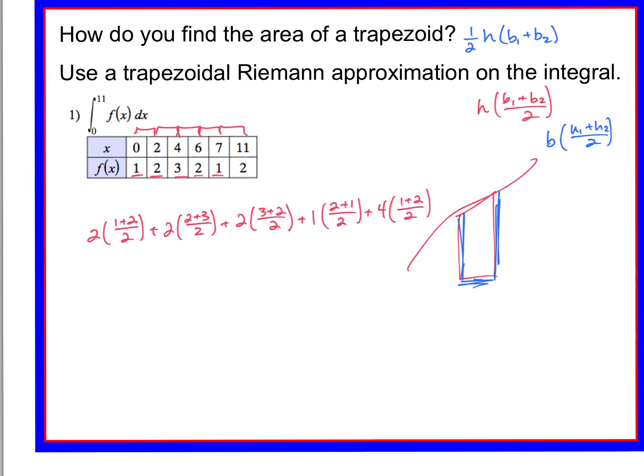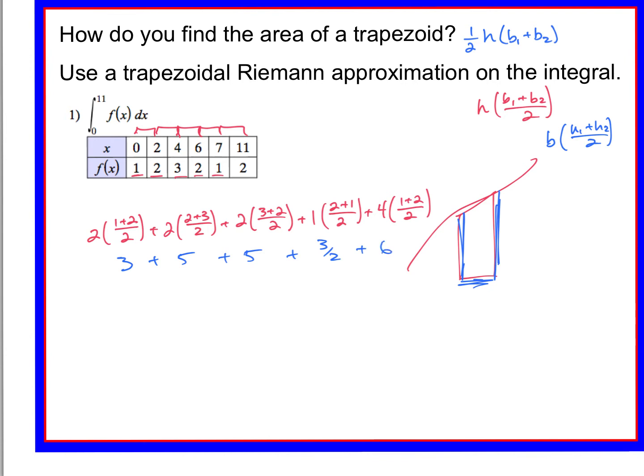All right, so now we just have to simplify it up. And I kind of want you to see why I don't really care for that one thing there. Because they all cancel out except for that one. Exactly. All right. So if I have 2 times 1 plus 2 over 2, that actually ends up being what? 3. And then plus 5. And then plus 5. Then plus what? 3 halves. And then plus